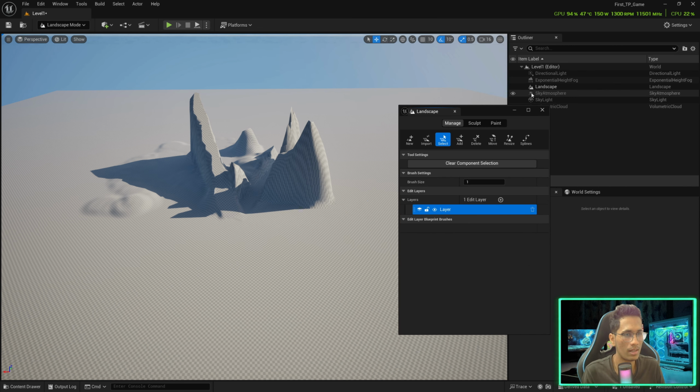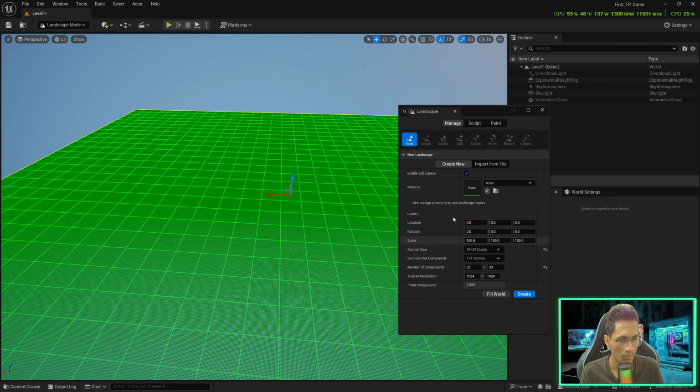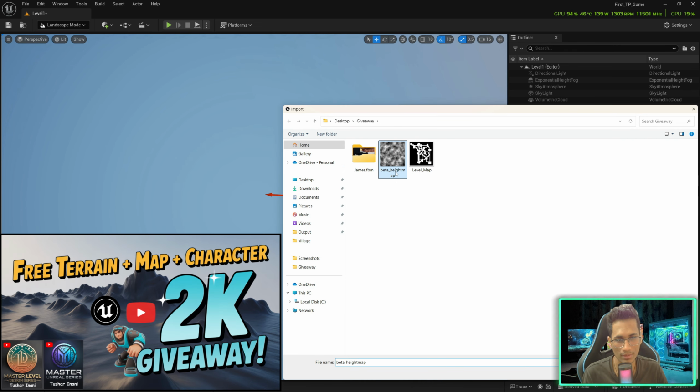So first I'll delete this landscape, come back to create new, and there is another option called import from file. So if you have a height map, you can use that terrain height map to carve out a landscape for you. So if I go and select this beta height map, which was part of the 2000